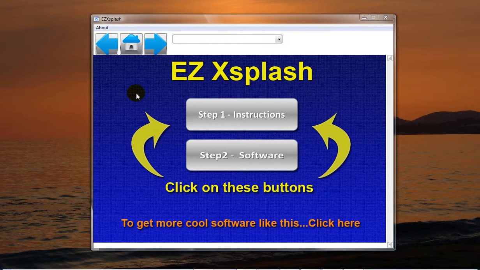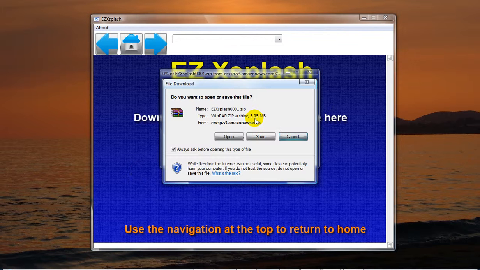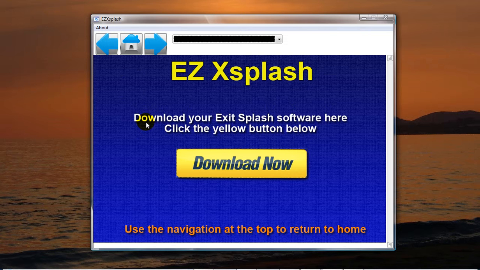Okay, so the next step that you have to take, step 2, is to click on here and you'll be taken to this page, which is the download page, and you just simply click on download now and the software will download. Okay, there it is, and you save it on your hard drive. Now you have to unzip it first, and use your favorite unzipping program to do that, and then install